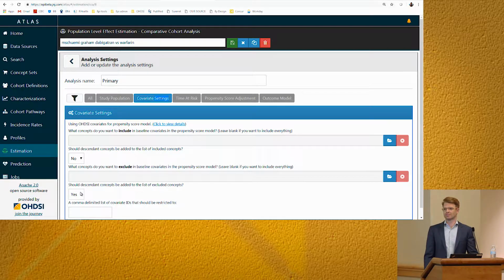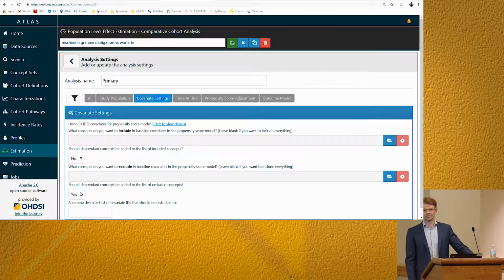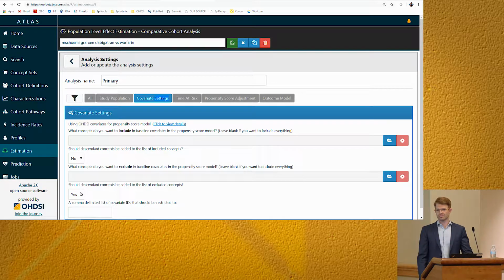Well, if you just add the 2 ingredients there and had this box set to no, you would only exclude those 2 ingredient concepts, and probably in the data you would not have the actual ingredient concepts, but some formulation of warfarin or dabigatran. And so this box, and we tried to make this interface a little bit more intuitive, but we just couldn't figure out how. But this box works together with that set of concepts that you identified for the TCOs to